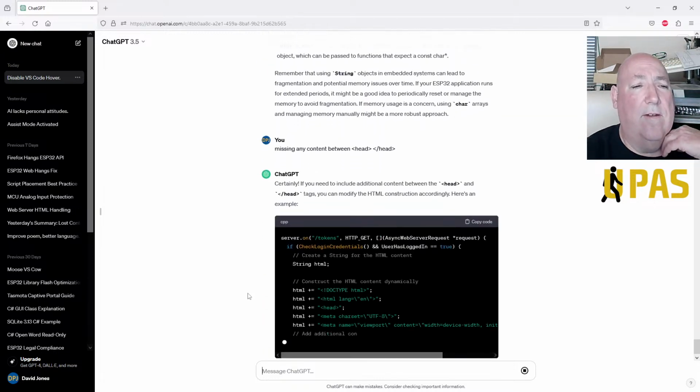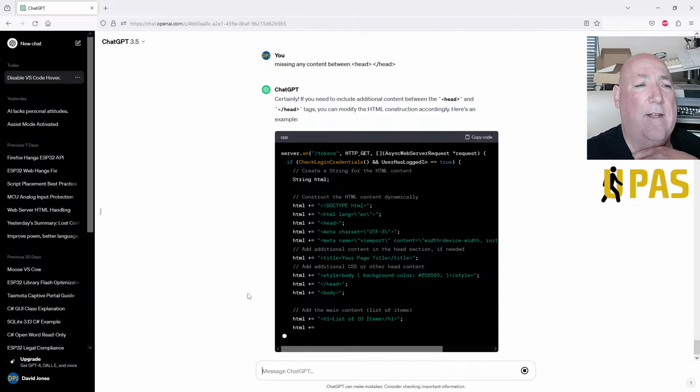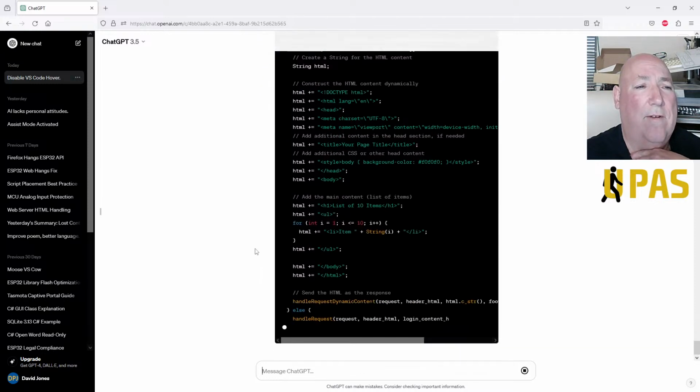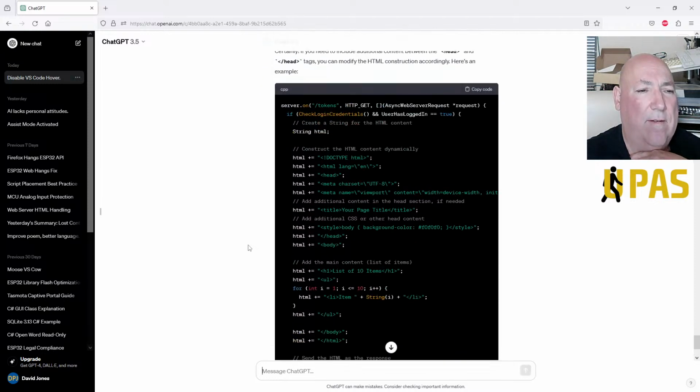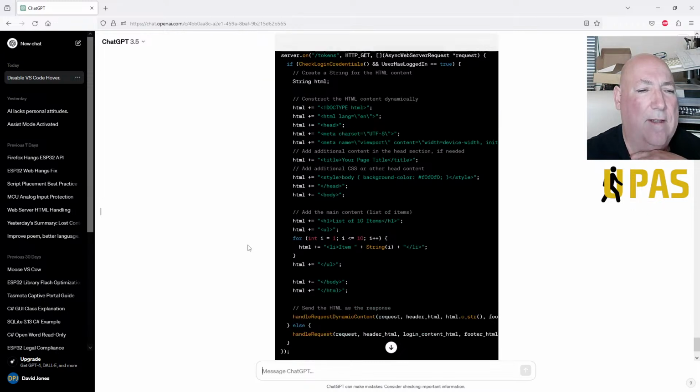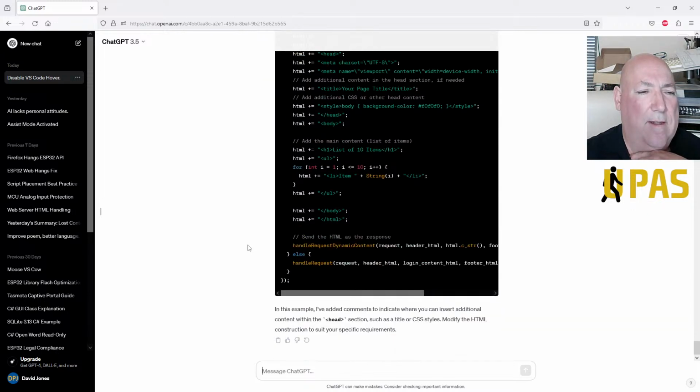Certainly, if you need to include additional content between head and head tags, modify the HTML. No, that's not what I'm asking. Bugger.